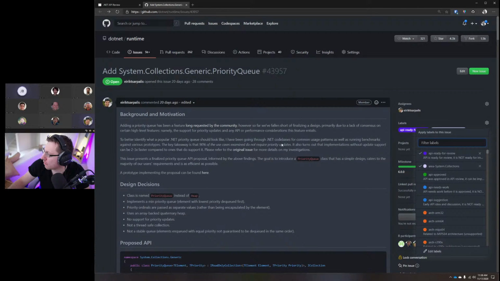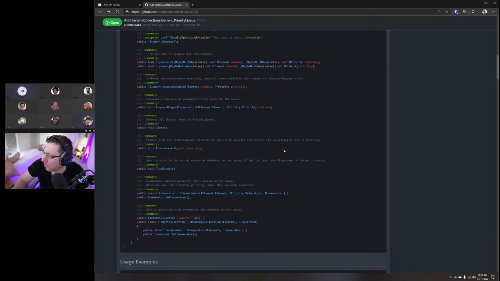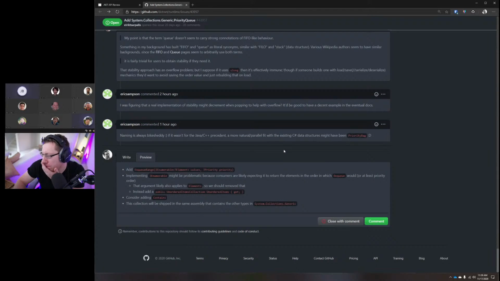So basically, it's following the same semantics as the dictionary nested collection types. Right. Or unsorted items, whatever we've now called it. Yeah.